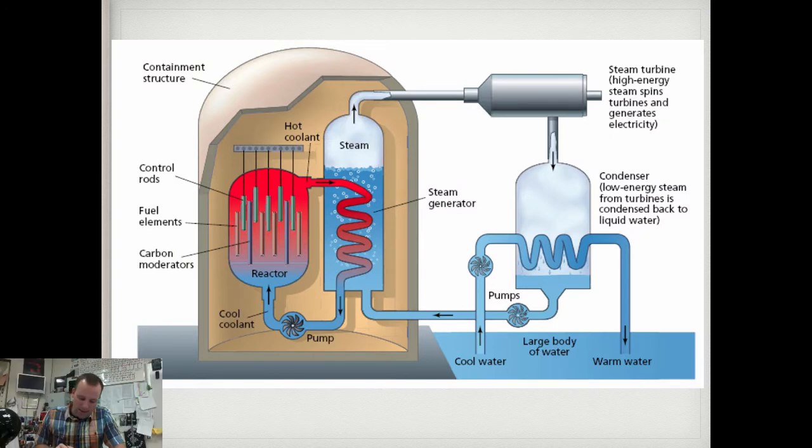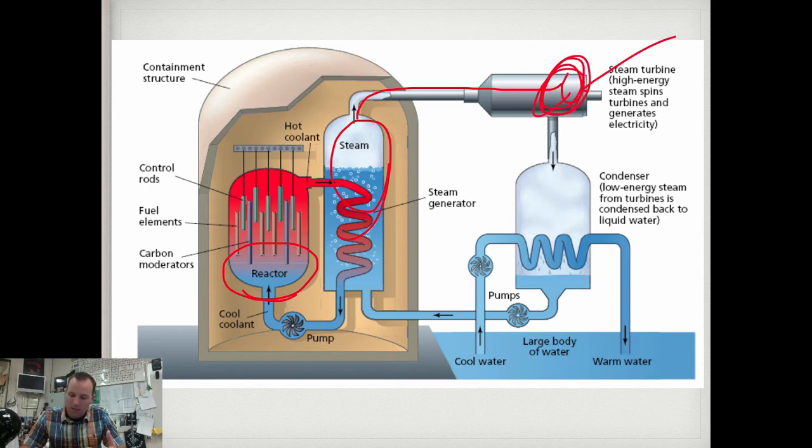So let's talk about how the nuclear power plant works. All right, here's a diagram, and you can draw this, but I'll also give you a copy of it, so it's up to you whether or not you want to do that. But basically, over here is the reactor, that's where the nuclear reaction is taking place and producing lots and lots of heat energy. That heat energy creates the steam, which turns the turbine over here, which produces the electricity for us to use. And then everything gets recycled. Everything gets turned back around, cooled back down, and it goes around and around.